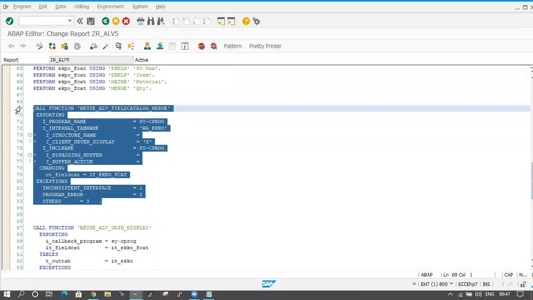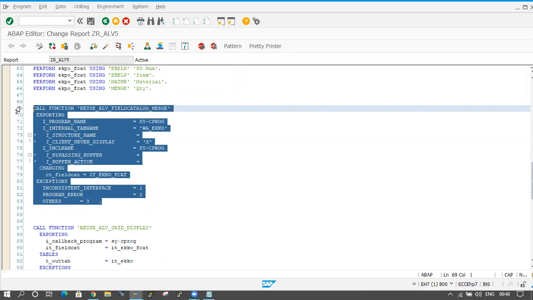But whenever we are implementing any report, we should not go for this one. In olden days they implemented like that, but nowadays we are not using it. Directly we will go for reuse ALV grid display. If you want to display the data in ALV, there are two things only: normal ALV report or OOPS ALV report.